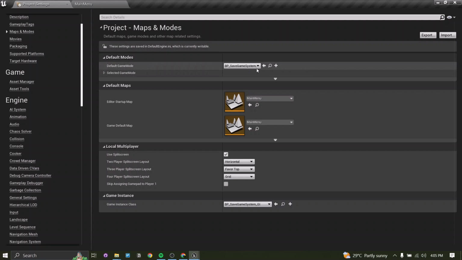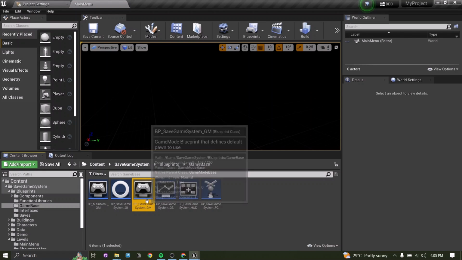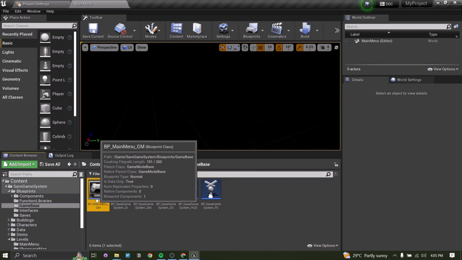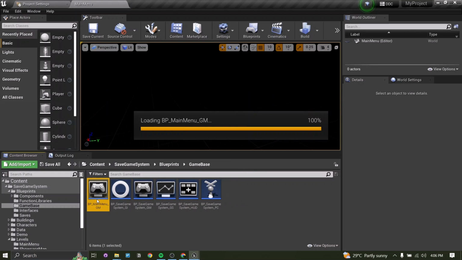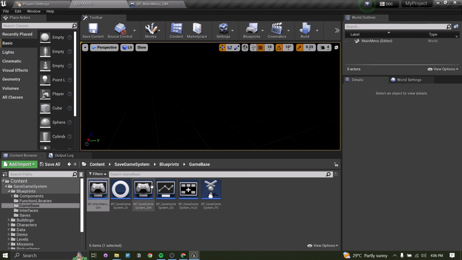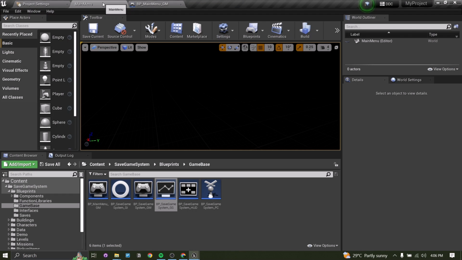So for instance, I can simply go to this game mode. Here under the save game system blueprints folder and the game base, I have added that game mode, and there are two game modes here as well. For the main menu there is a specific game mode,